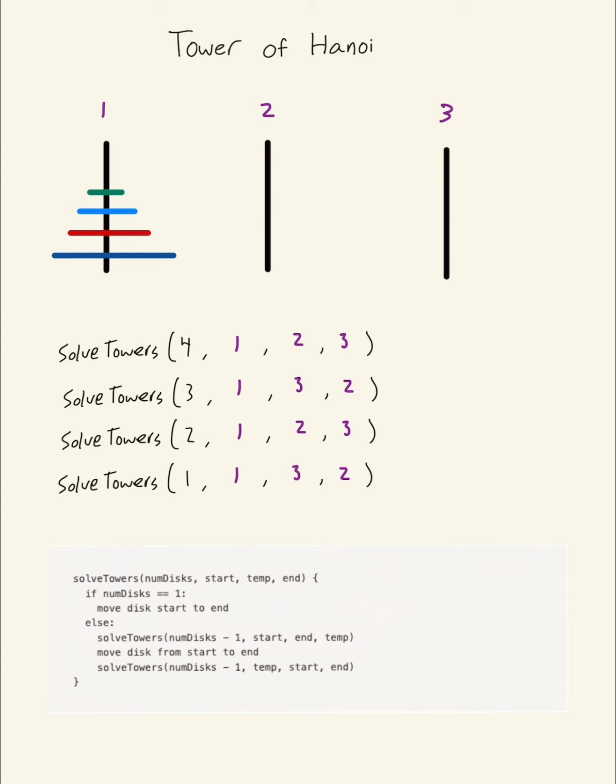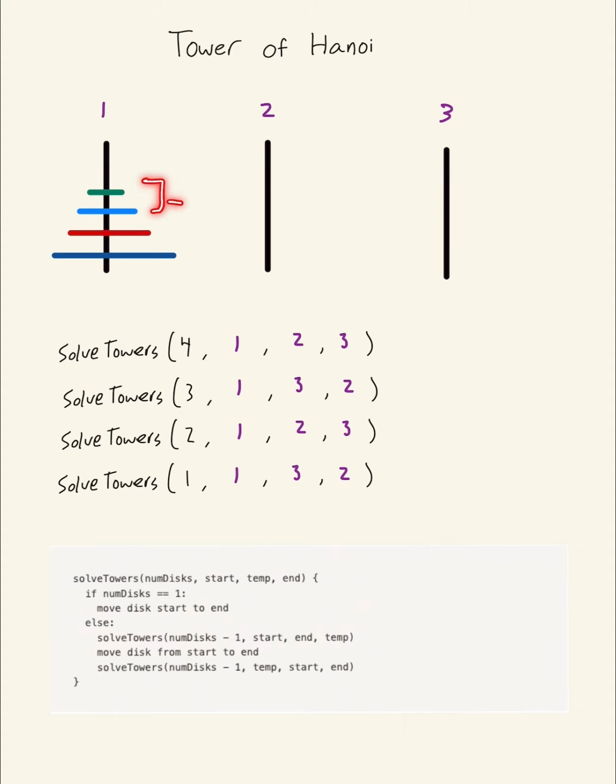So the start is here, and we want to move it to whatever the temp is of the one that called it. So this is 3, so we want to move this one to pole 3, and we're using whatever that one's end is as the temporary. So solve towers on size 3 is using this one as the temporary. So we use that. Sorry, this is the end. But in order to move